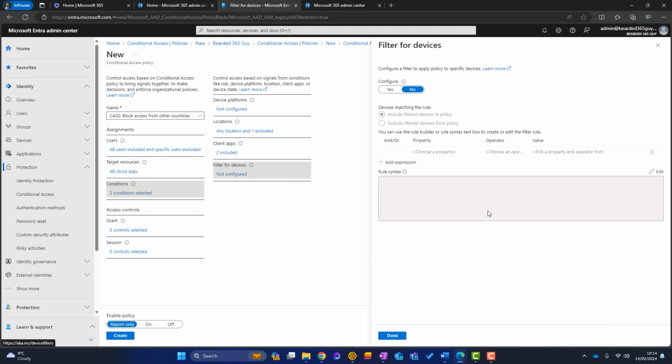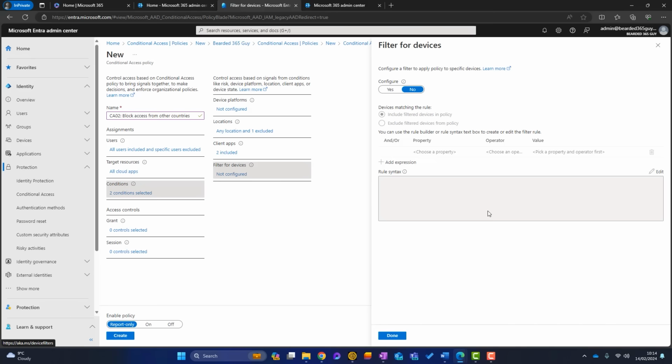So let me give you a scenario. You've got a business in the UK. You've got this conditional access policy in place. Your CEO decides he's going to take a holiday in Greece. So he packs his laptop in his bag and he goes to Greece. And guess what? He can't use any of his Microsoft 365. So he rings you up and he says, I'm not happy about this. I can't access anything. So how can we get around this? How can we put a filter in place that keeps the protection but makes travel that little bit easier?